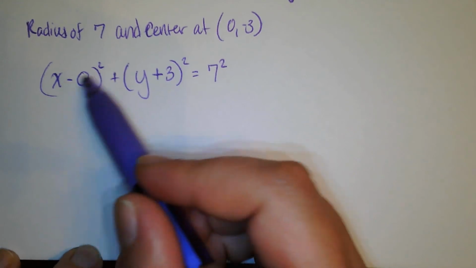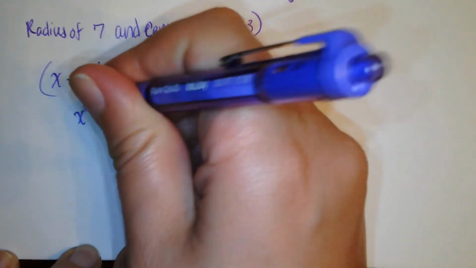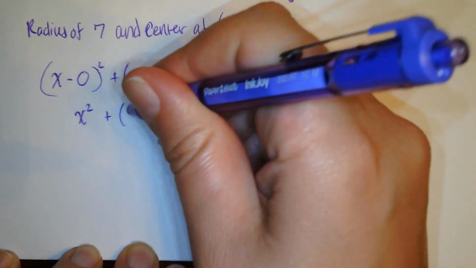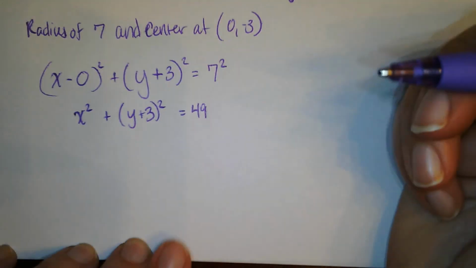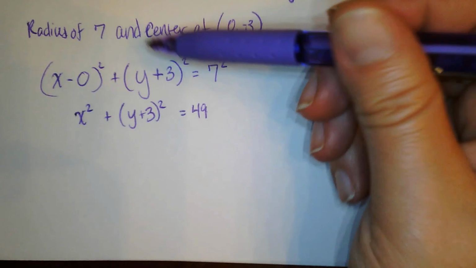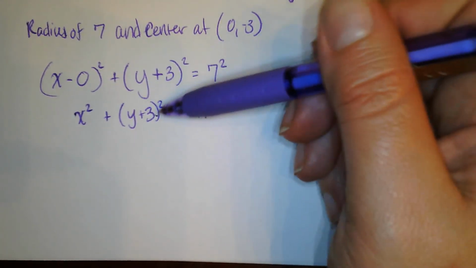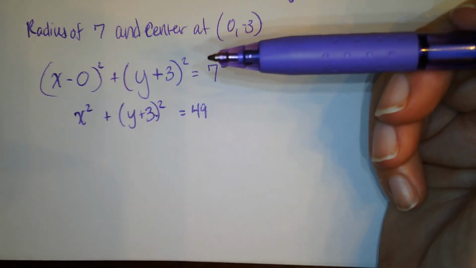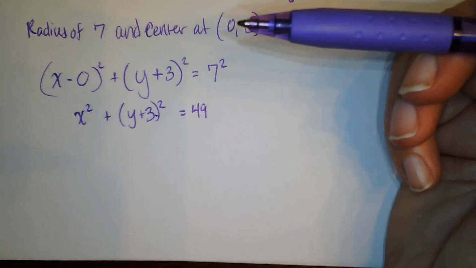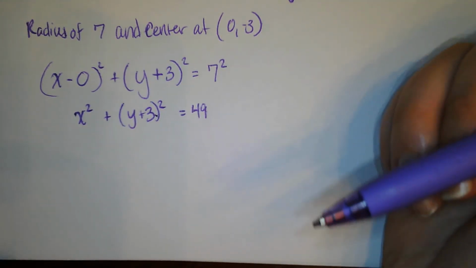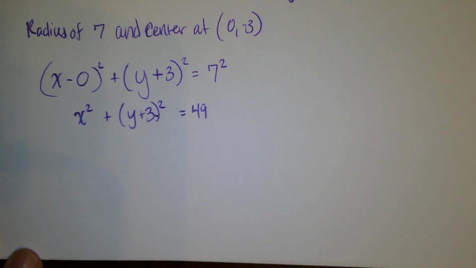And we would just clean that up a bit. The x minus 0 squared, we don't need the minus 0, so that would just be x squared plus (y plus 3) squared equals 49. That's it. If you would want to, you could go through and simplify it, but you don't have to. You can leave it like this. Now, the other thing that we did